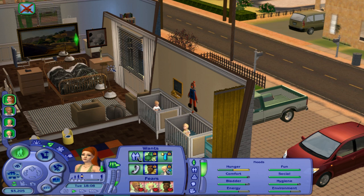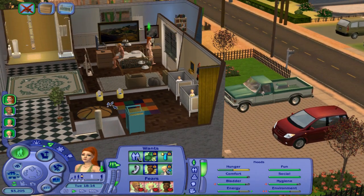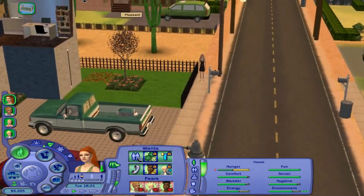Okay, so there's only 2 days left before the boys age into children. So, okay, let's just let them change into their normal clothes. I think they would be dressed when they come to their children's room. Okay, so